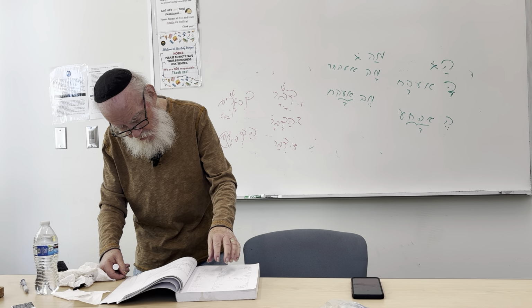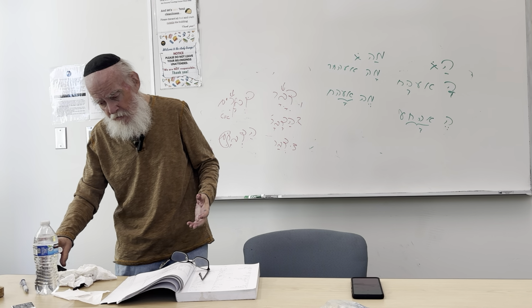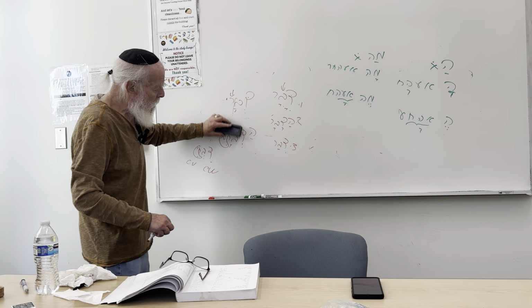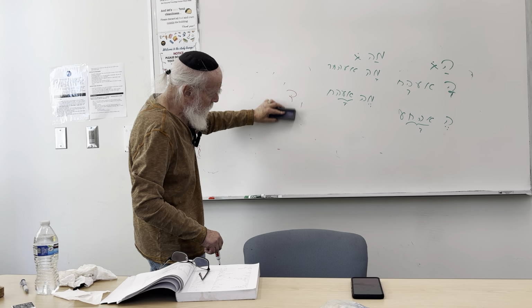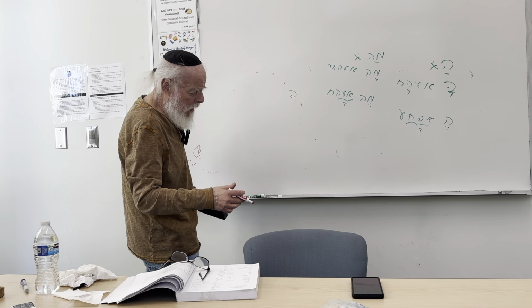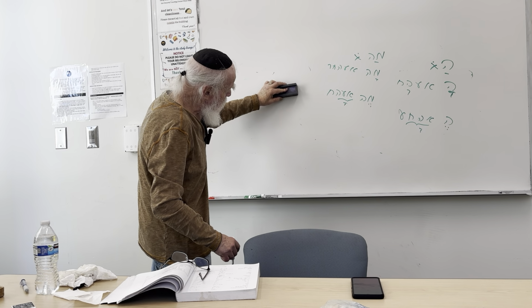The next letter is the letter Vav. The letter Vav, like the letter Hey, like the letter Bet, like the letter Lamed, is a word in English, but in Hebrew, the Vav is a letter attached to a word that follows. Meaning what? The Vav letter is the conjunction word and, A-N-D. It also has another function, like the Hey letter. The Hey can be the definite article, and the Hey can also be the Hey She'elah, the Hey that asks a question. For our purposes, the Vav is only used for the word and, but it's never written by itself.